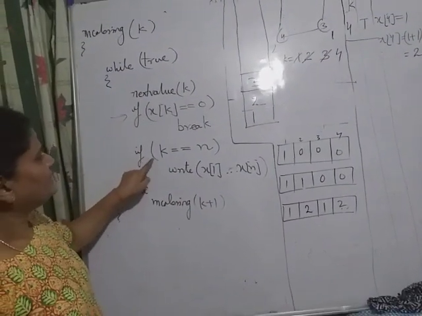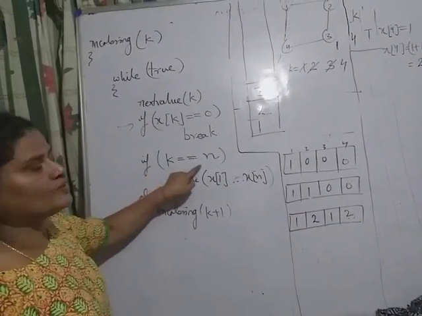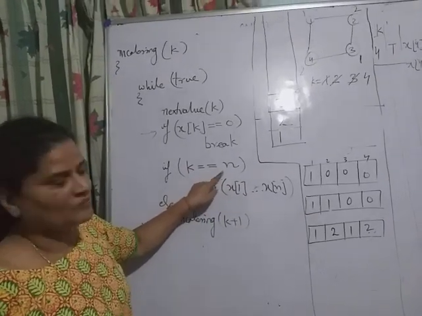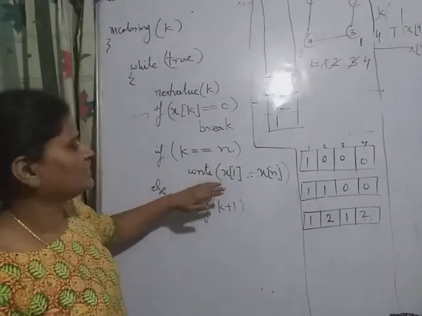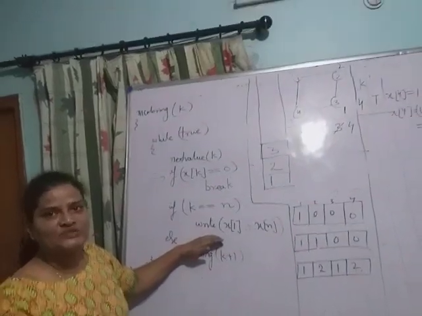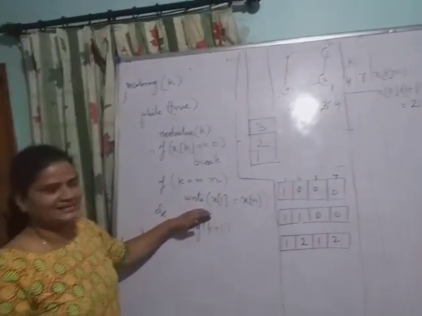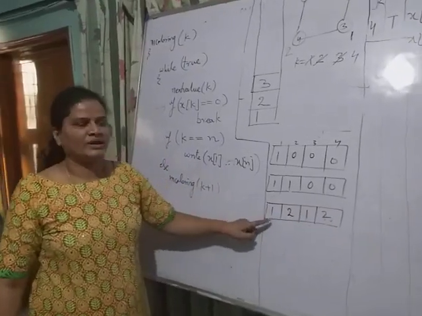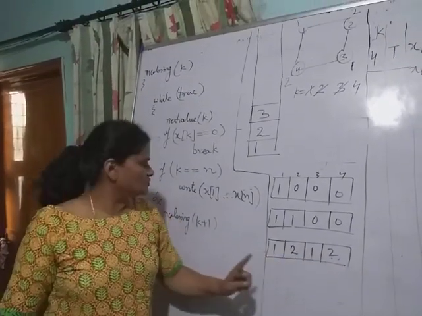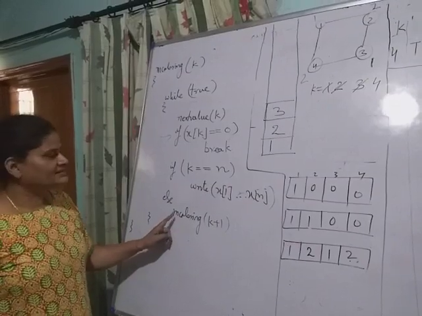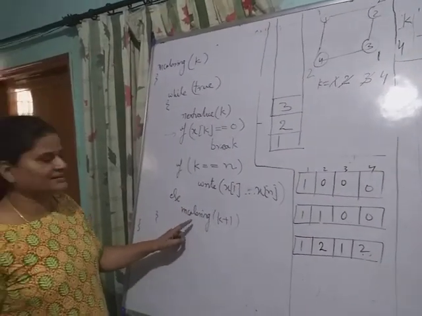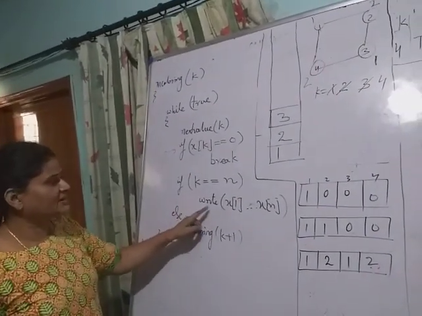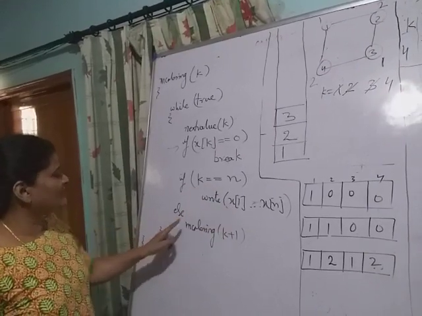So here if k equal to n, this condition is true now. k equal to 4, so one solution vector is generated, that is 1, 2, 1, 2. Okay, and then after writing this, it will go to